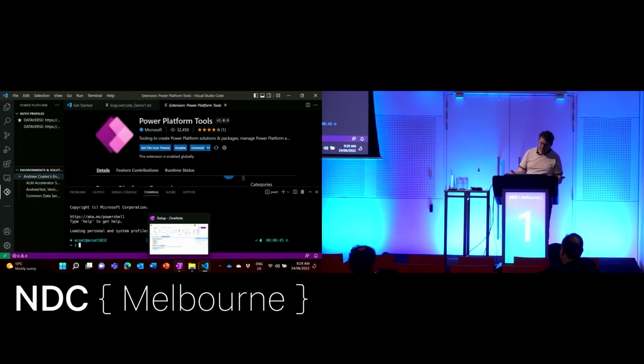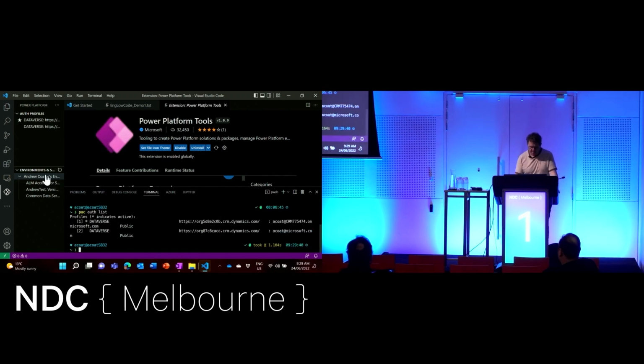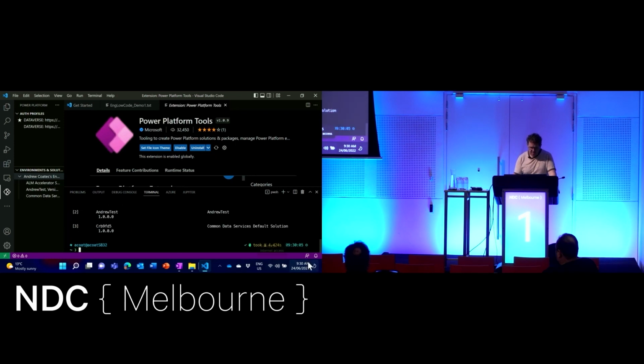Now, of course, as developers, we all like CLIs, so I can run the Power Platform CLI auth list. And what we'll see there is that I've got two connections, which are the 2 that are up here. So you can see that Visual Studio Code is just calling this thing, and then, given the one that I've got currently as default, which is the one with the star here, I can say pack solution list, and it'll give me those 3 solutions. It actually goes off into the cloud and picks those up, and there are the 3.